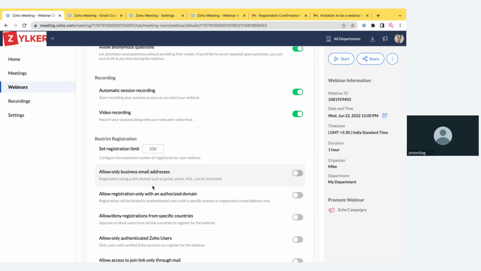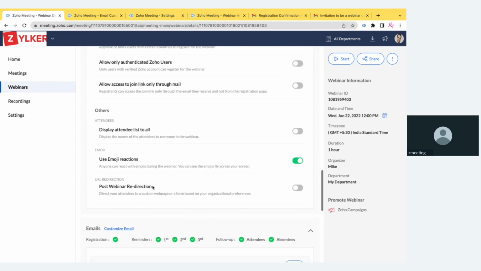And now we're going to see an important feature on how to keep an attendee engaged after the session. We have an option called post-webinar redirection, where you can redirect your attendees to your website at the end of your webinar. There you can engage them to sign up for your product or show them your offers and get ratings and feedback as well. If you already have pricing fixed for the application you're demoing, you can just redirect them to the pricing page. Here you need to enable this